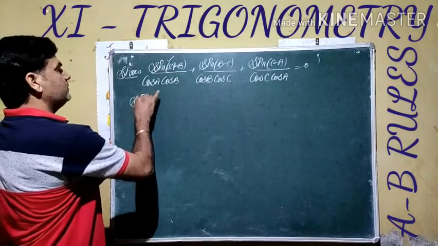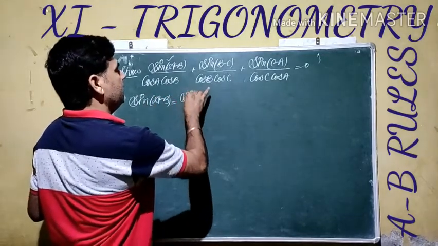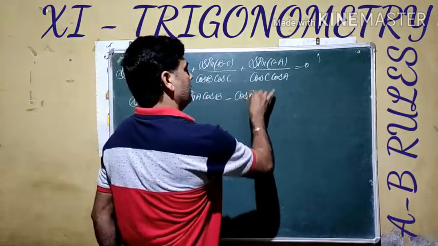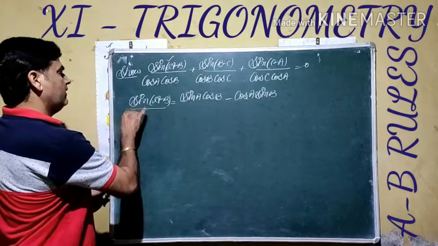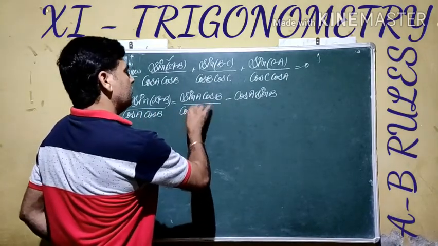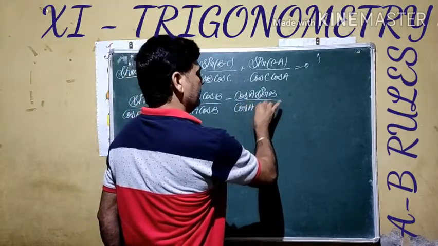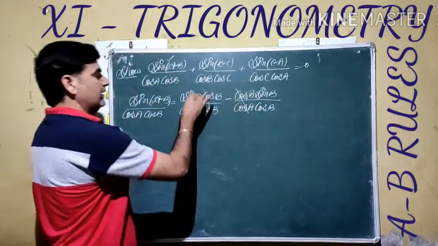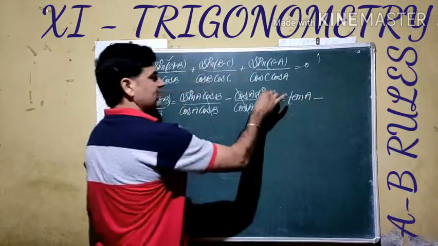Here sin of A minus B, we know the identity. Sin of A minus B is given by sin A cos B minus cos A sin B. We know this identity. Divided by cos A cos B. If we divide each term by cos A cos B, we get this: first term divided by cos A cos B, second term divided by cos A cos B. If you see here, in the first term cos B cancels out, in the second term cos A cancels out. It becomes sin A by cos A, which means tangent A, minus sin B divided by cos B,